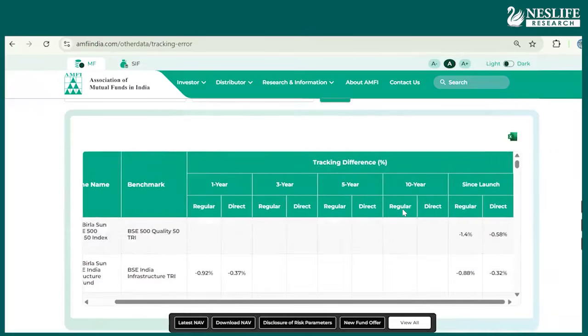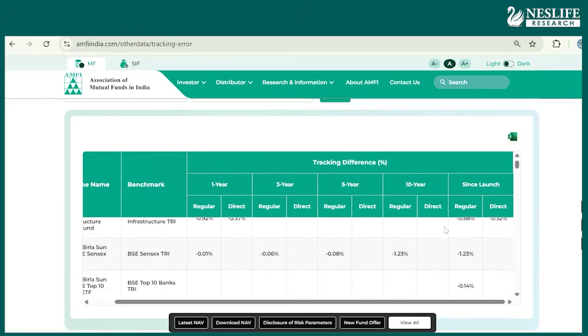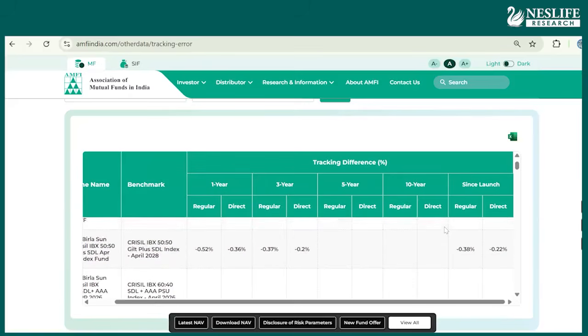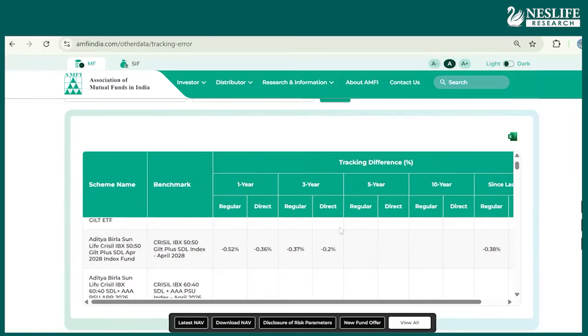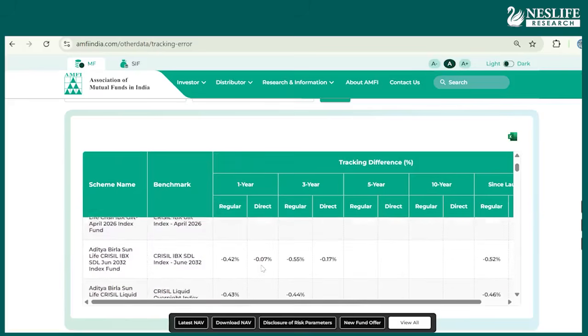Okay. So what are tracking error and tracking difference? Tracking difference is how much return is given by the ETF versus the index. And it should be 0. Tracking difference should be 0. Tracking error should be 0. So if it is minus here, say -2, what does it mean? It is giving, let's say, 1 year or 2 year data. I'll show some scheme. Understand the concept, then compare.